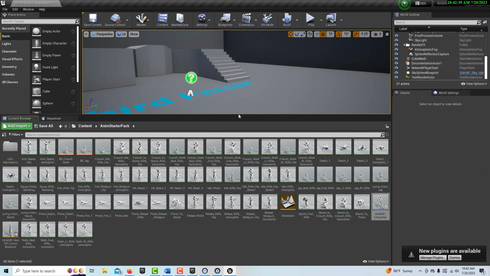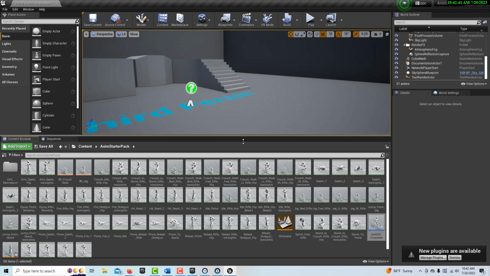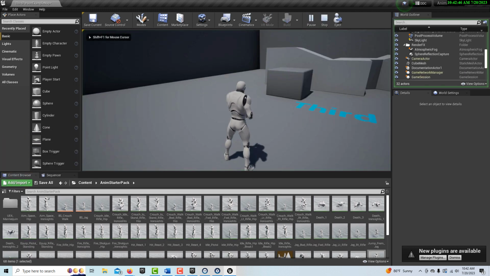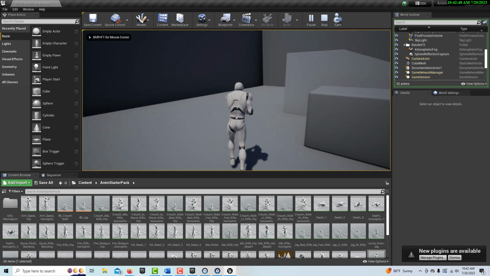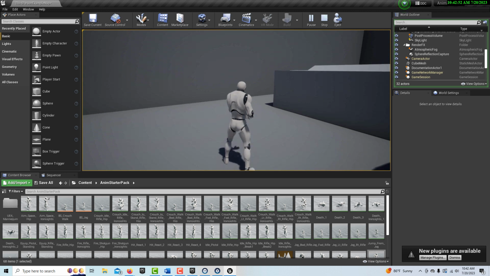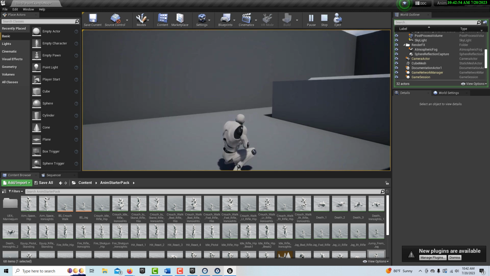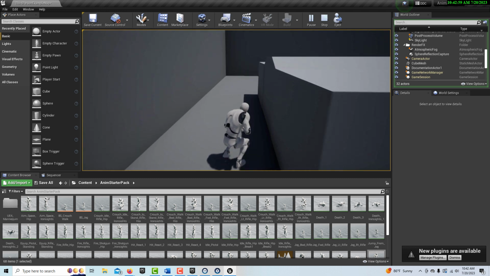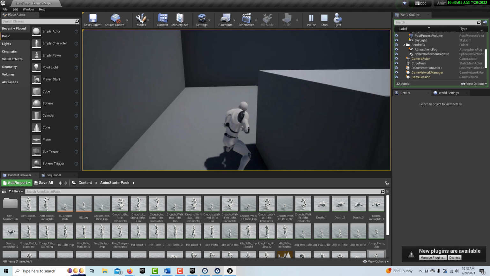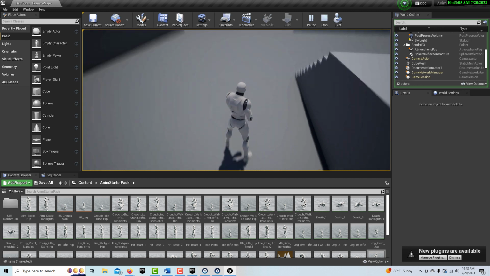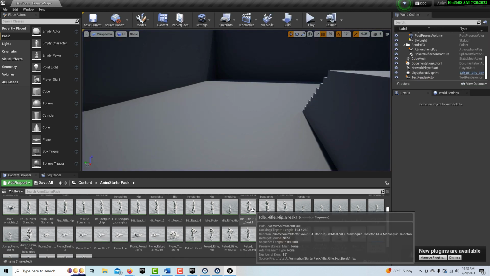Now, if I come down here and hit play, you'll see there's our UE4 ASP character. He jumps, and if I hit C, he crouches now. And he even has a blend space, because if I press W and hit C, he's crouching and walking. This is driven off of a blend space. And all these animations, if I hit escape,